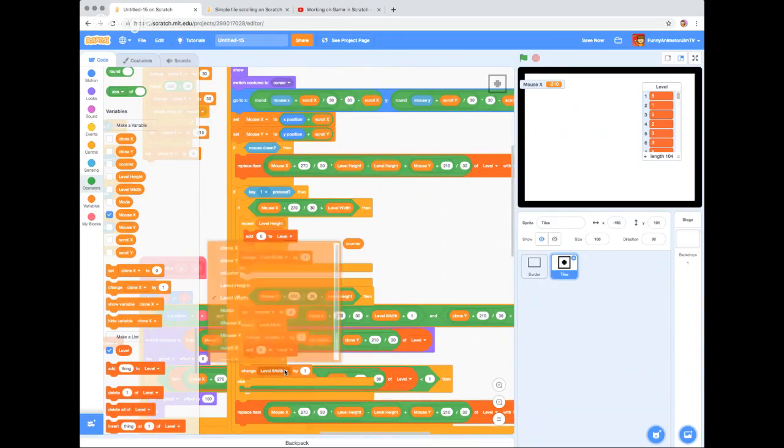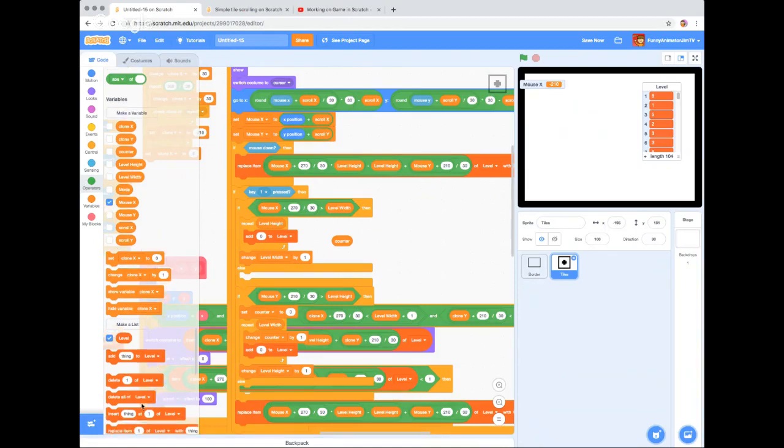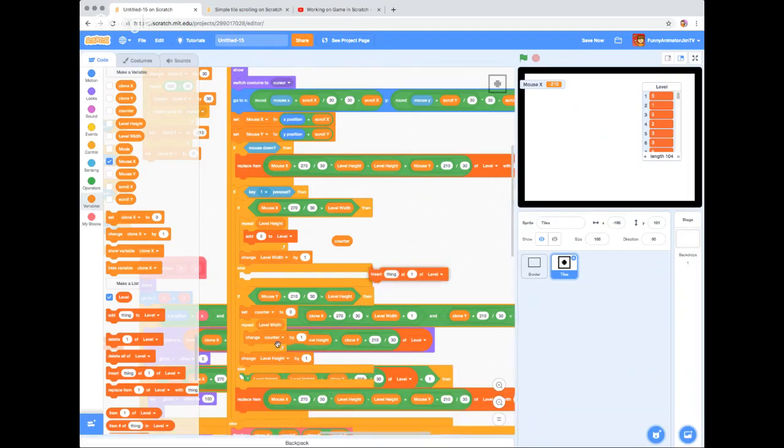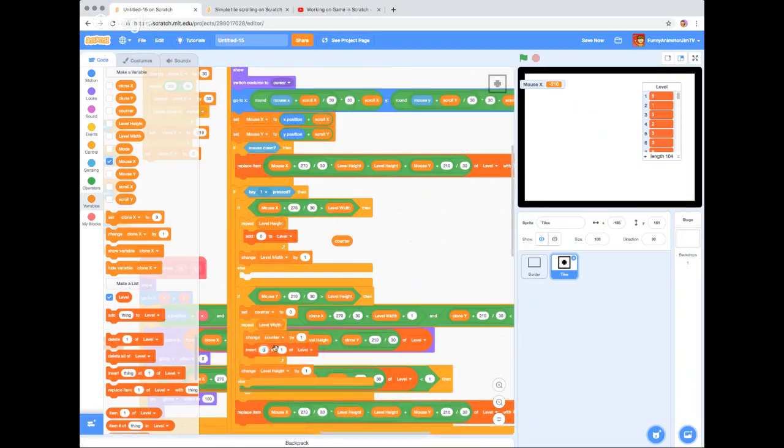So change level height by 1. Do that. Now this is the part that's going to be interesting. This number right in here. Oh, insert 0. This is going to be the number right here that's going to be interesting to figure out. This one right here. Insert 0 at